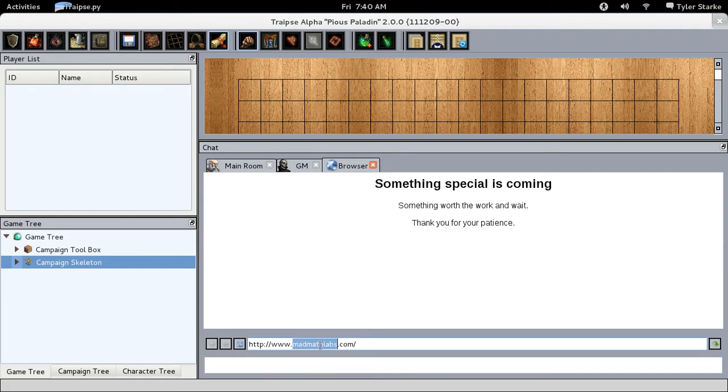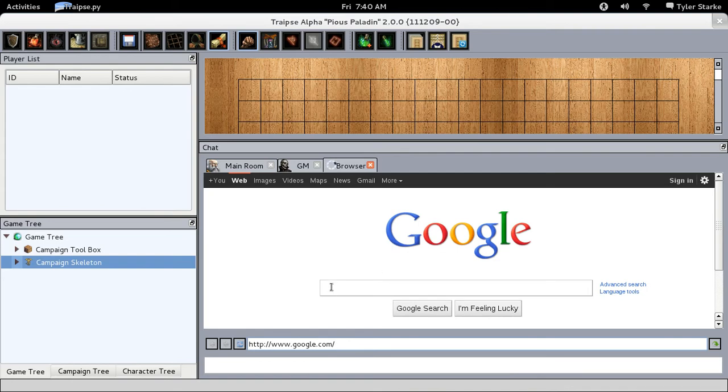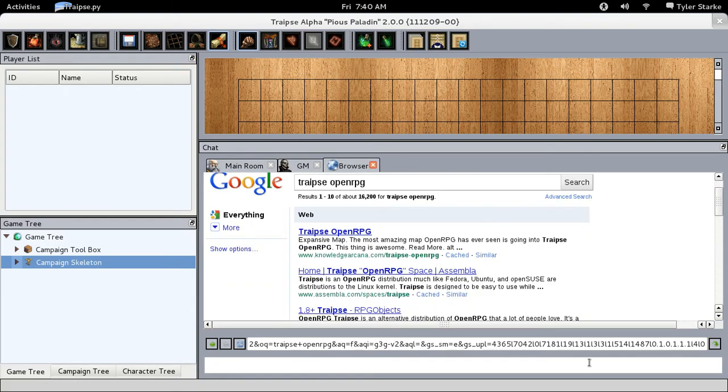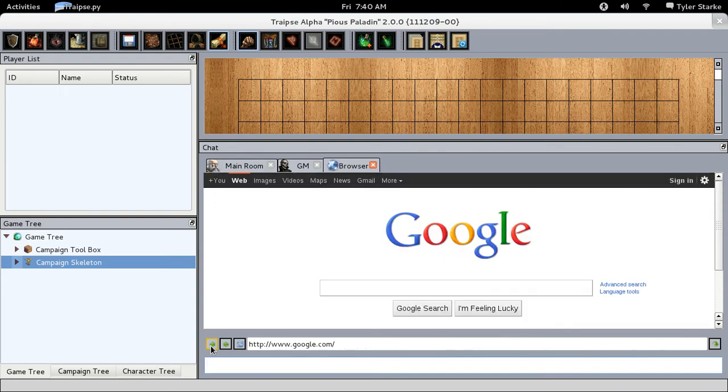and my web page is down. I can still go to Google and search whatever I want. And it'll work just fine. And you'll see here what the URL is. You get all of your basic stuff. You can even go back a page, refresh your page,